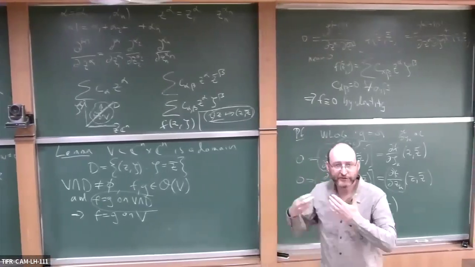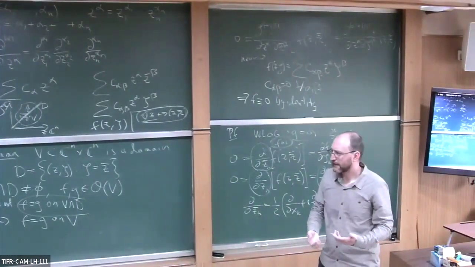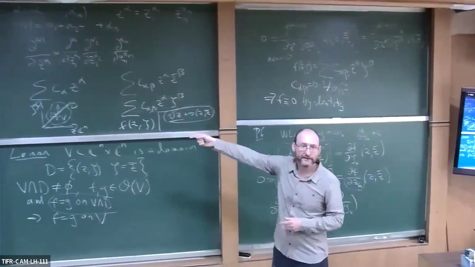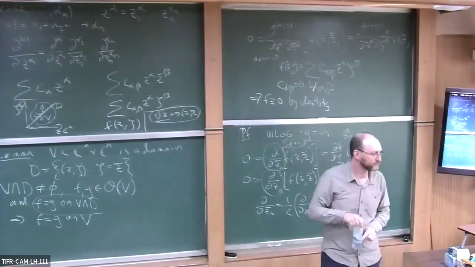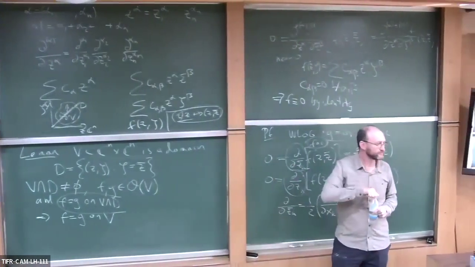Because if you start with a power series, you just plug in. Well, how do you know that I'm not going to get some other holomorphic function which happens to equal this, right? So he's saying that F and G are already the extensions, and he's saying take power series of those.